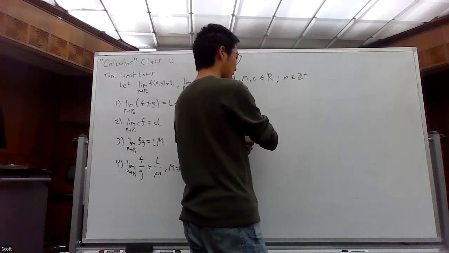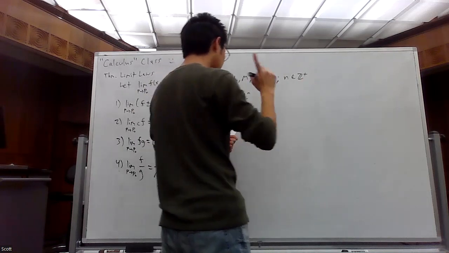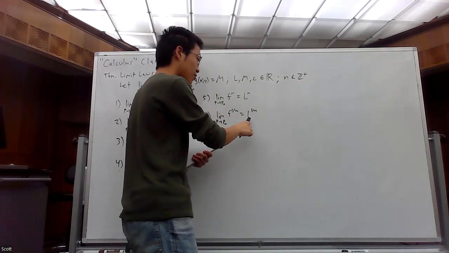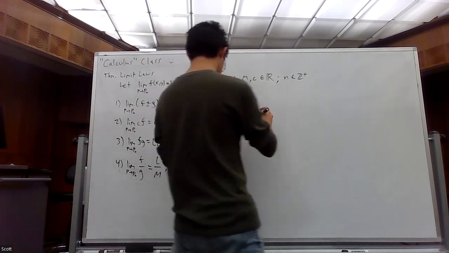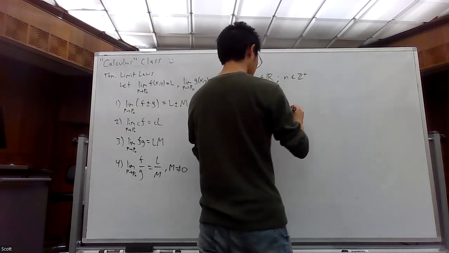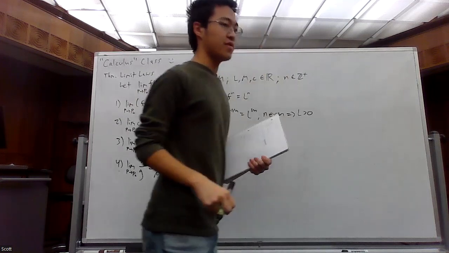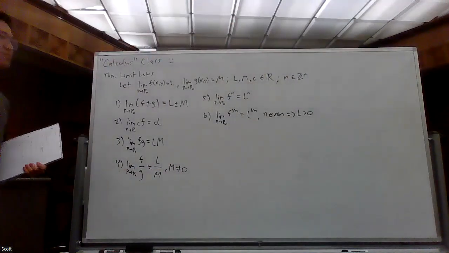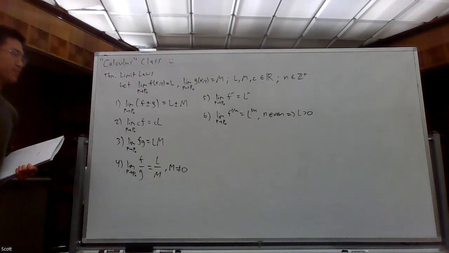Notice we don't need to mention that n can't be 0 because that's already taken care of here. It's assumed to be some positive integer, but we do need to accommodate the fact that we can't take the square root, or an even root, of a negative number. So in the event that n is even, we need L to be positive in order for that to work. Otherwise it'll be something like the square root of -5, but that's not happening. Anyways, okay, so there we go.